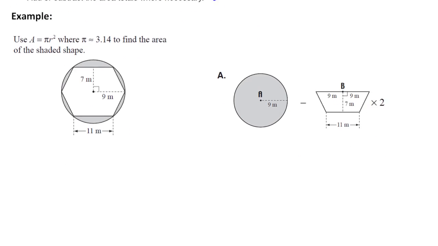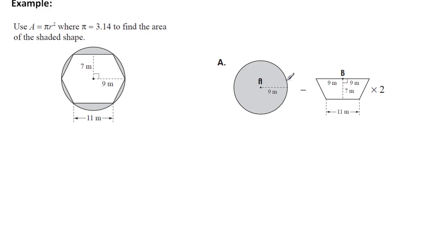I'll just push this up a little, and you can see here's the circle, which represents this one here. And what we've done here is we've taken the hexagon and broken it into a trapezium, which we will times by 2 to work out the total area. So let's work this through. First of all, we'll look at A1. Now A1 is going to be the area of our circle, and therefore we'll use pi r squared